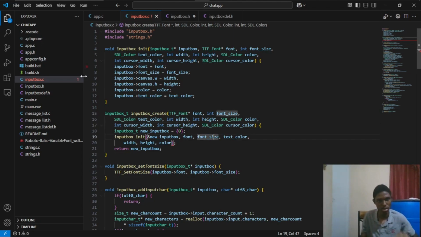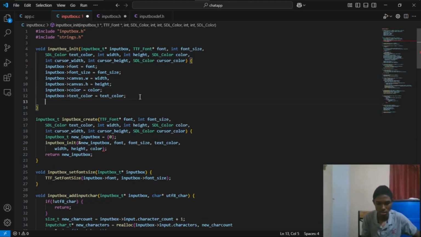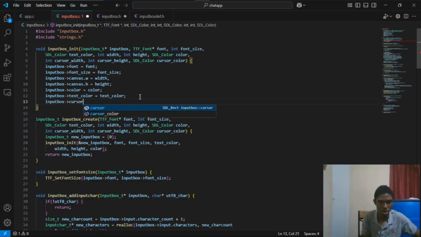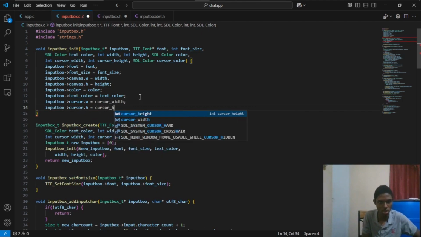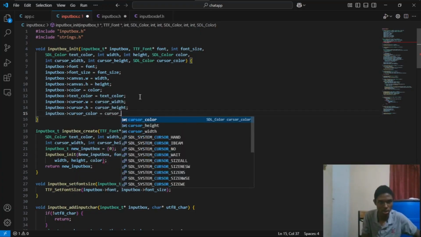Alright, so now that we have done that, in our init function, we can just say input box cursor.width is equal to our cursor width, and input box cursor.height is equal to our cursor height, and then input box cursor color is equal to our cursor color,